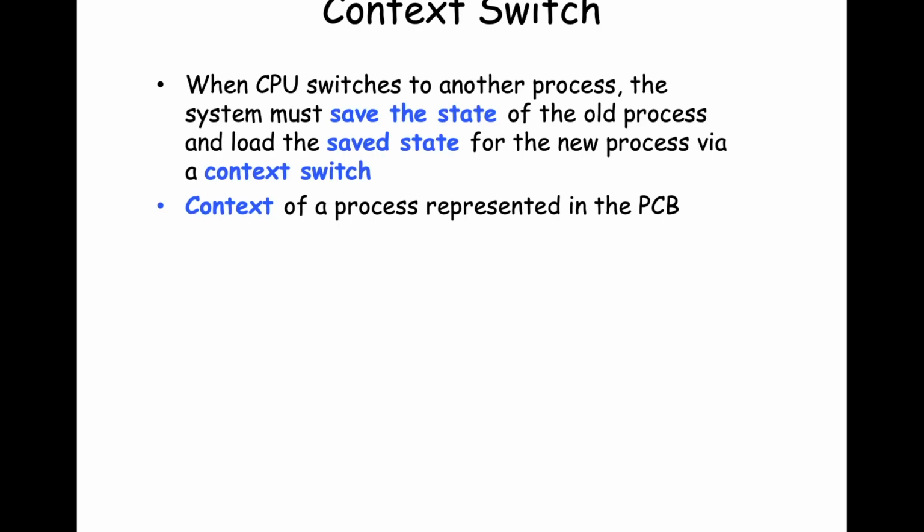So a context switch is the name of that storing of information in a PCB when you kick a process off the CPU, and the reading of that PCB information onto the CPU when you're going to switch to another process to execute on the CPU. So when the CPU switches from one process to another, the state must be saved for the old process, and the state for the new process that's going to execute gets loaded. And this is called a context switch. This context is the executable status of the process, the program and its execution.